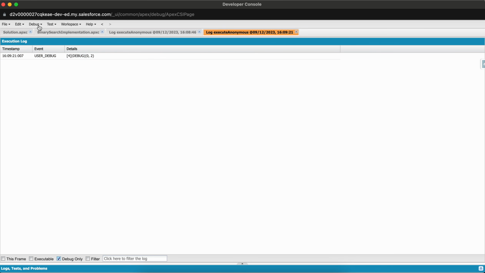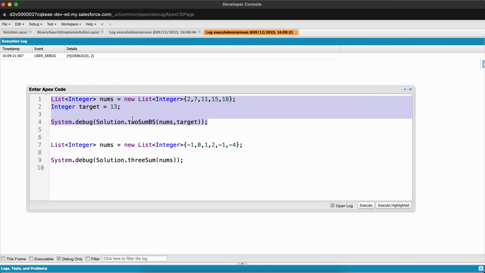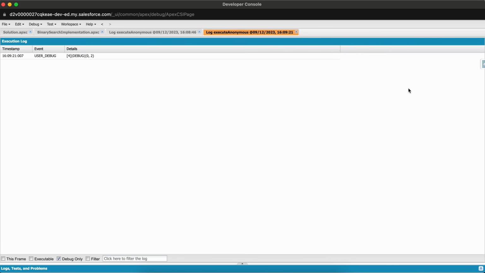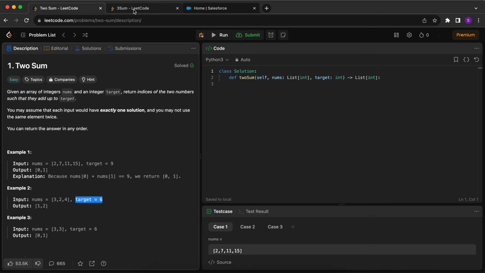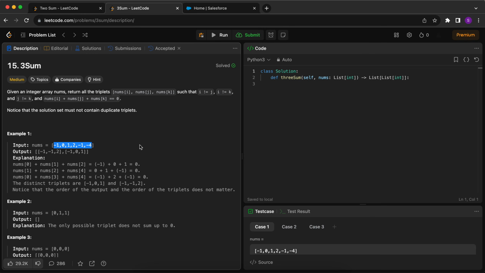Boom, 0 and 2. That means our code is working correctly, and we have fully solved the two sum problem in Apex. Now there is another problem that I want to solve, that is also a classical problem, that is